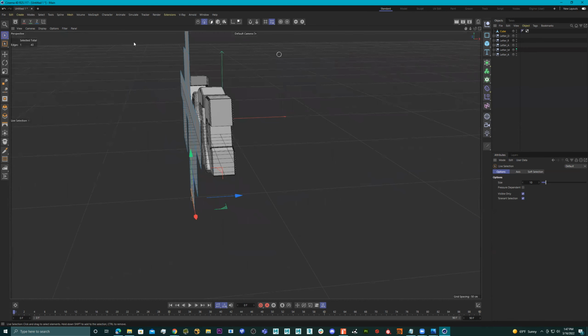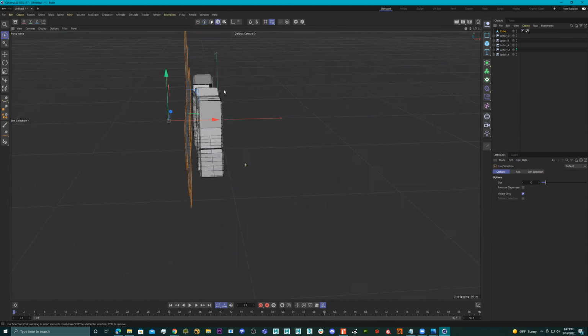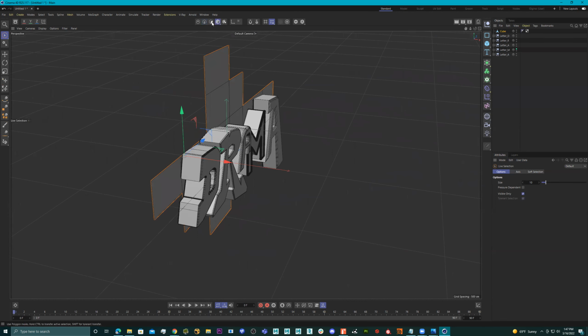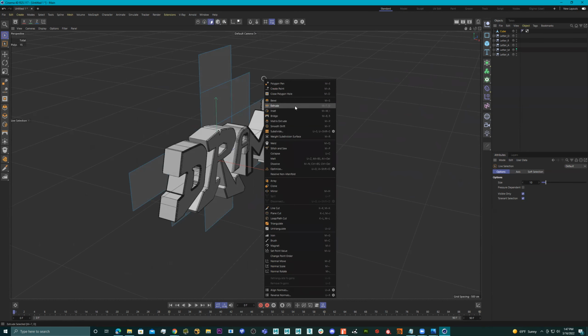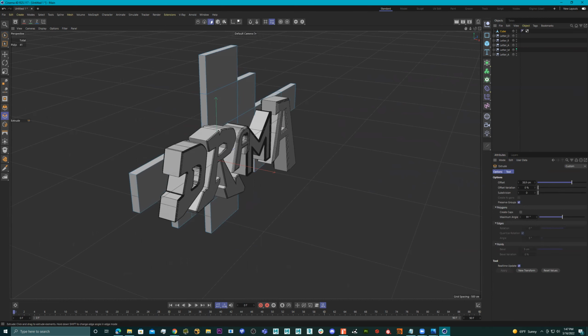Just give ourselves a little background to work with. So I'll take this and then go to faces and right click, extrude, push that forward, let's say,